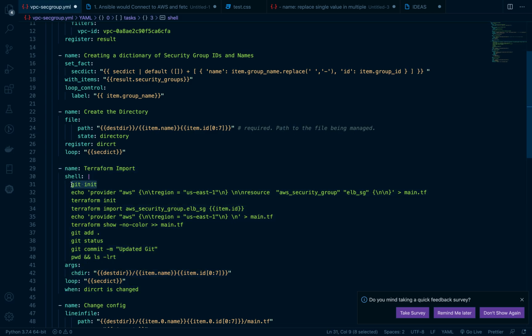It would create an empty repository and a file named main.tf with a few necessary configuration parameters needed for Terraform to function properly, so that it would be able to perform the import. Here it is a provider AWS configuration, so our provider is AWS. If you know Terraform, you would understand what this is exactly.